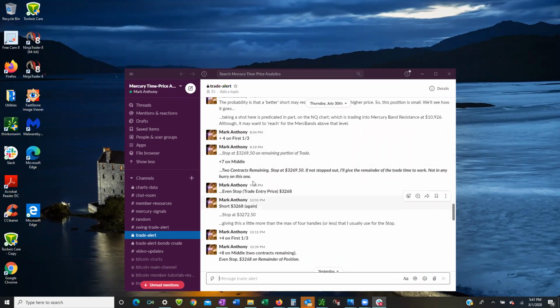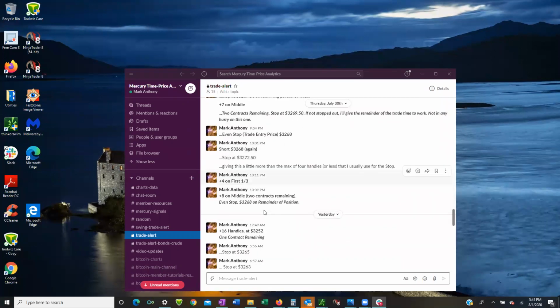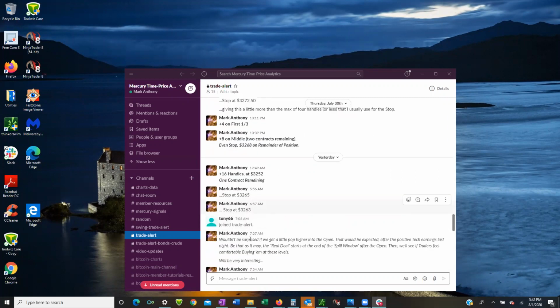Not too long after that, shorted it again at 68. Now, this one was the one I believe that went +4 in the first third, +8 on the middle. Then with 2 left, I took profit again, +16 handles when it went down to 52, had 1 left, had the stop at 65, and then I slowly